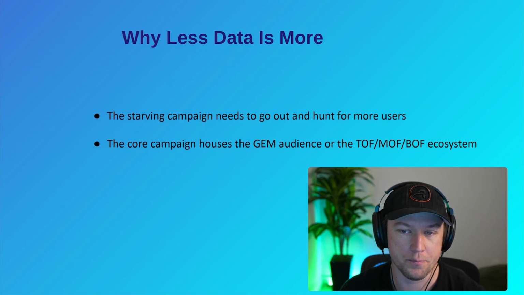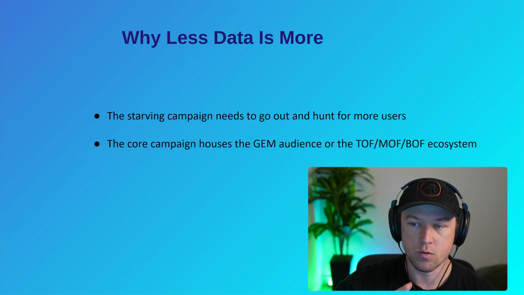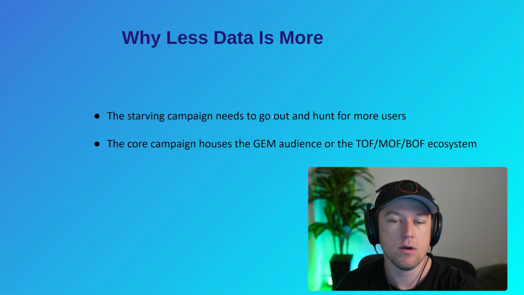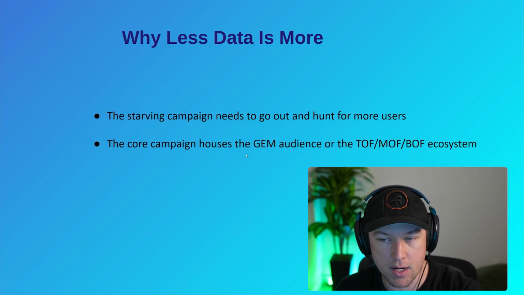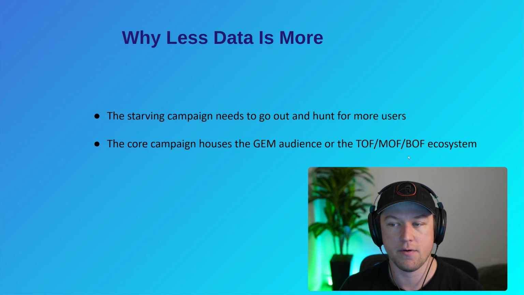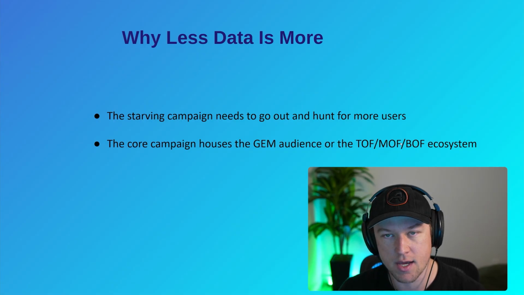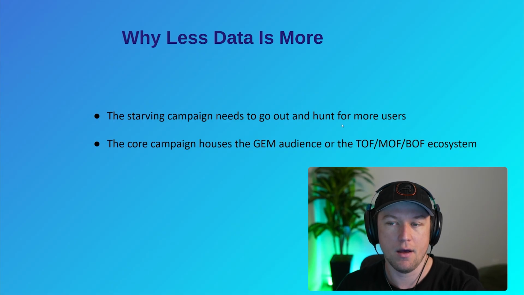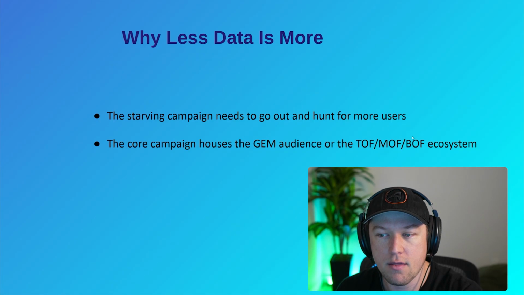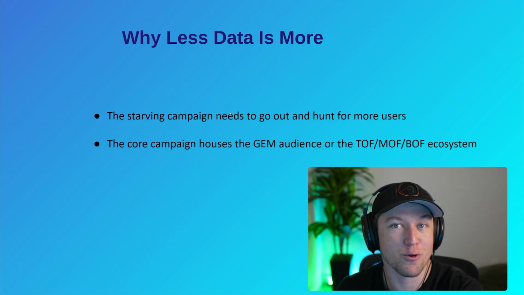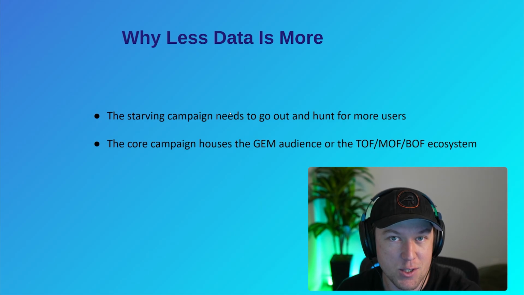And so the goal is to keep it hungry, so we'll go out and hunt for more users, whereas the core campaign houses the gem audience or the top of funnel, middle of funnel, and bottom of funnel ecosystem, right? This is kind of your does-everything campaign. So we're just affecting the whole funnel with further up the funnel, I guess you can say, actions or campaigns